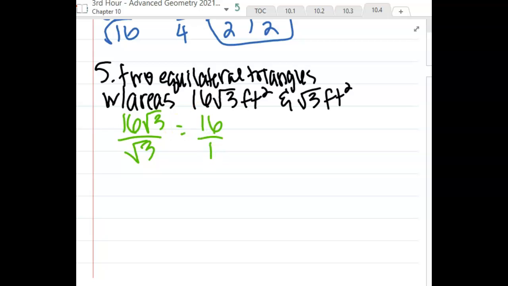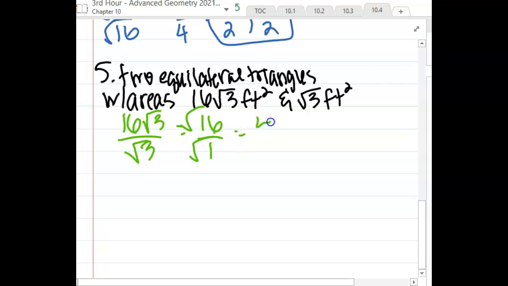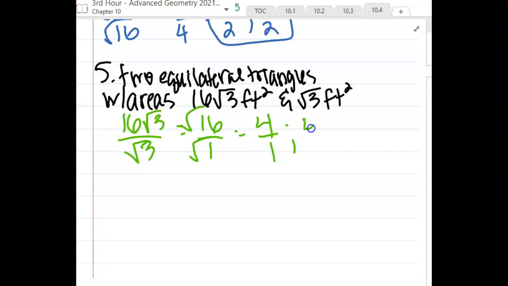And I love that you said over 1 because this is a ratio. You have to have that over 1. A ratio is a comparison of 2 numbers. You have to have the 16 and you have to have the 1. Now, I reduced the ratio of the areas. Keep in mind, what I'm looking for is the scale factor. So how do I get from the ratio of their areas to the scale factor? Take the square root. So we get 4 to 1, which means the ratio of their perimeters also